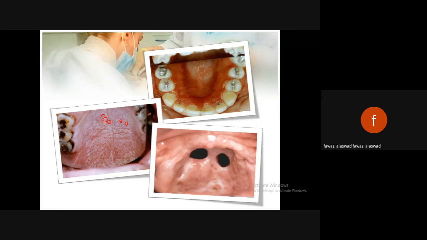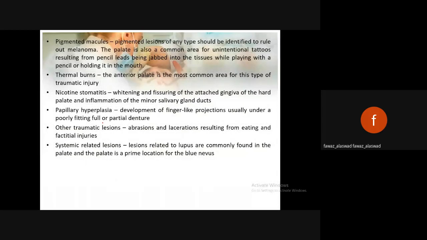And sometimes it may be associated with a systemic condition, mostly occurring with systemic lupus erythematosus. Even though sometimes we could demonstrate the presence of a pigmented area on the palate. The most common types of lesion: nicotinic stomatitis, papillary hyperplasia,